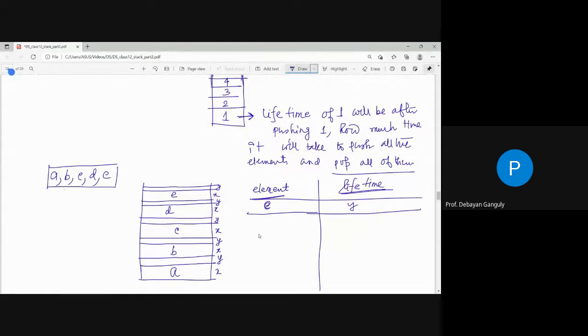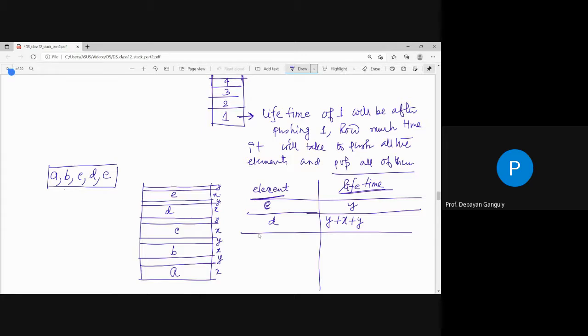Now tell me about the element D. ডি এর টা হবে ওয়াই প্লাস এক্স প্লাস ওয়াই প্লাস এক্স প্লাস ওয়াই। ওকে, তার মানে ডি এর ক্ষেত্রে ও কি বলছে, ধরো এখানে ভেবে রাখো, নিজে ভাবো, ডি টা হয়ে গেছে, ডি এলিমেন্টটা এখানে আছে, তার মানে আমাকে ডি এর জন্য প্রথমে ওয়াই টাইম ওয়েট করতে হবে, ওয়াই টাইম ওয়েট করে আমাকে কি করতে হবে, আমাকে যদি এটাকে পপ করতে হয় ই কে, তাহলে আমায় পপ করতে হচ্ছে, তাই তো? তারপর আবার ওয়াই টাইম আমাকে ওয়েট করতে হবে,